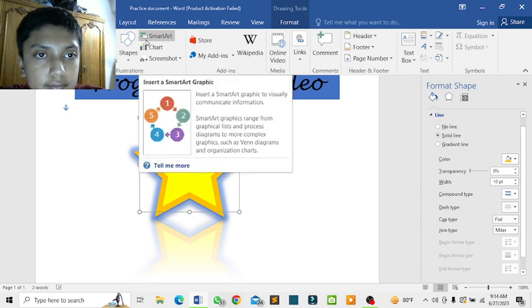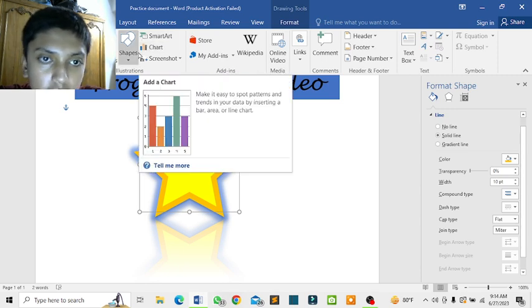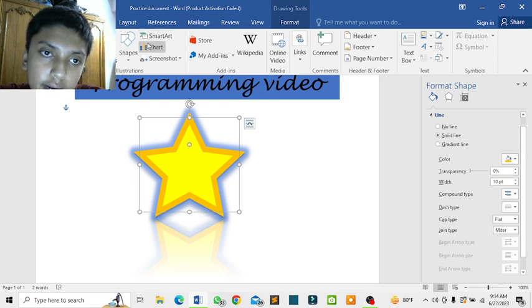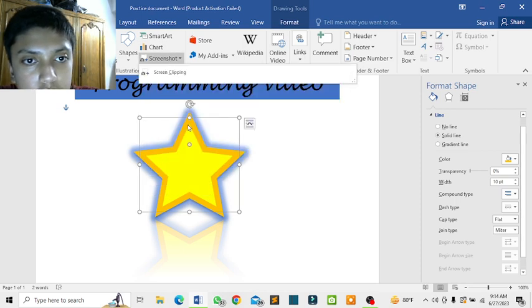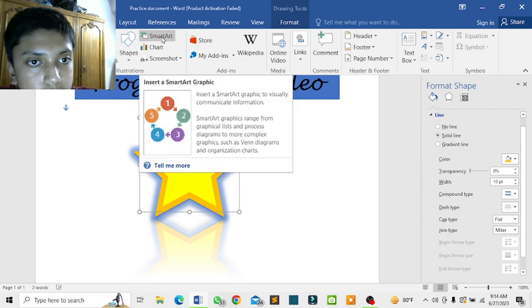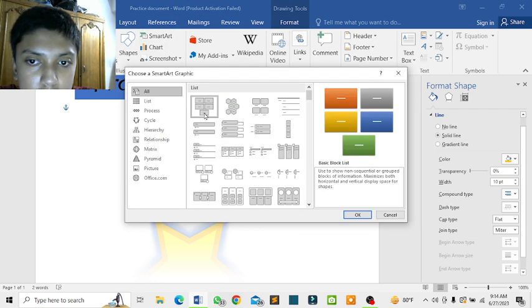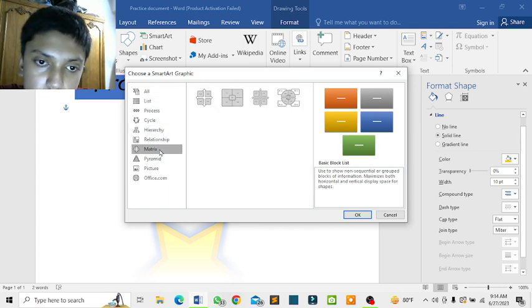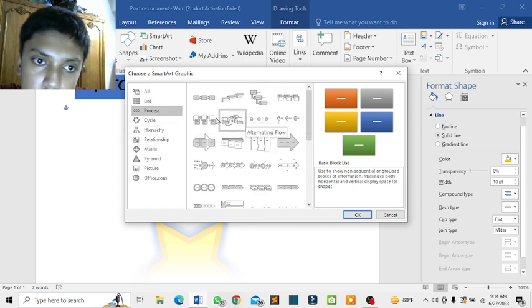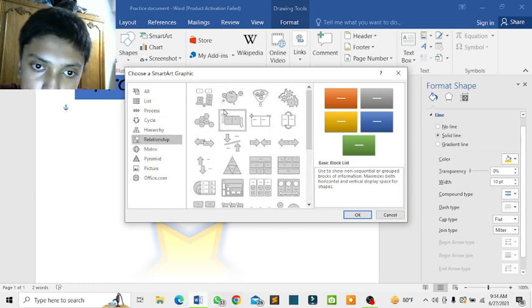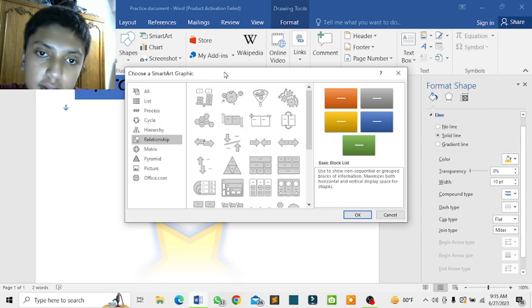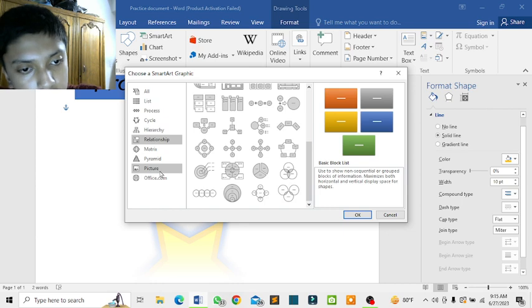Smart Art. Charts are mostly for Microsoft Excel, data also. You can also make data. You can choose pictures from screenshot here. Smart Art is a graphical design where you can choose anything. This is like a process. Something undergoes this process. It's a pyramid. It goes like this. The relation between this thing, it goes up and goes down, and many more things